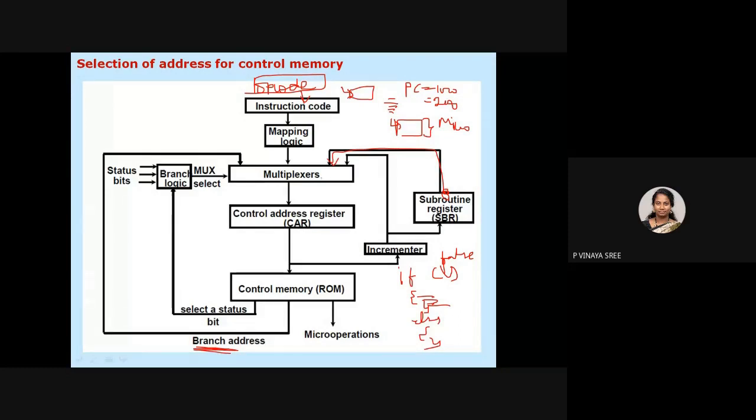I said one is conditional and the other one is function call. Conditional means, based on the condition, if the condition is satisfied, this set has to be executed, else the other false statements have to be executed. In such a case, sequence will not be followed, and we will not be going for the incrementer.